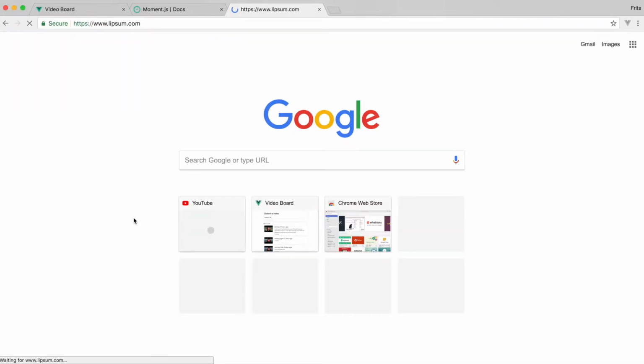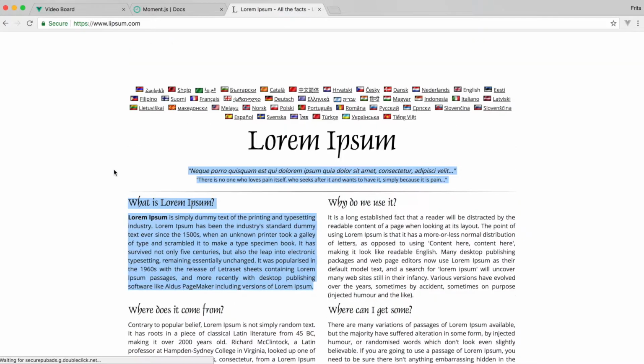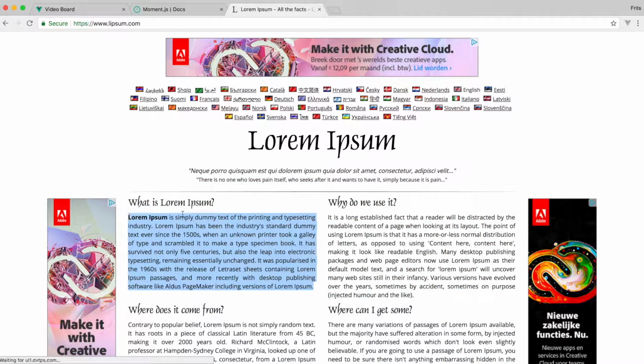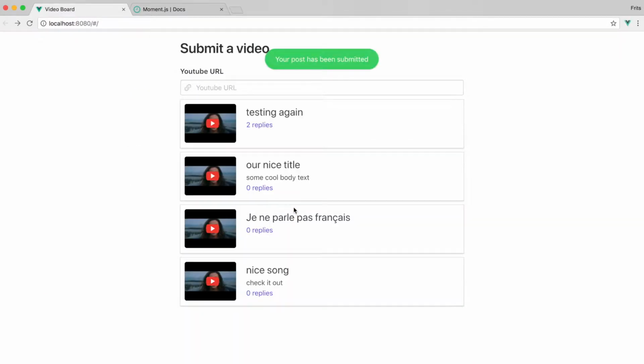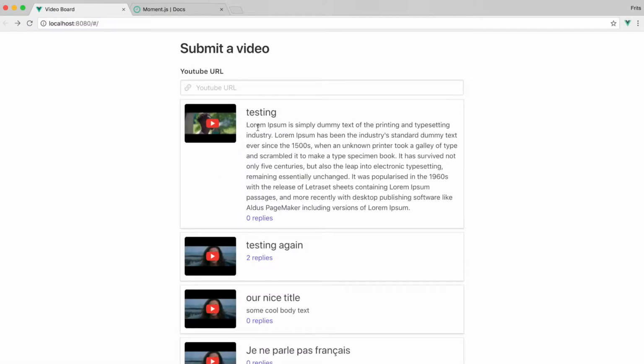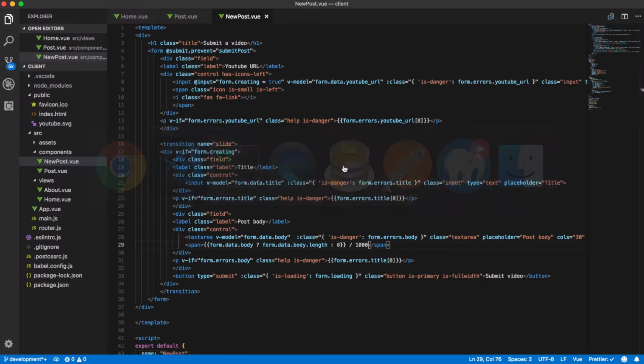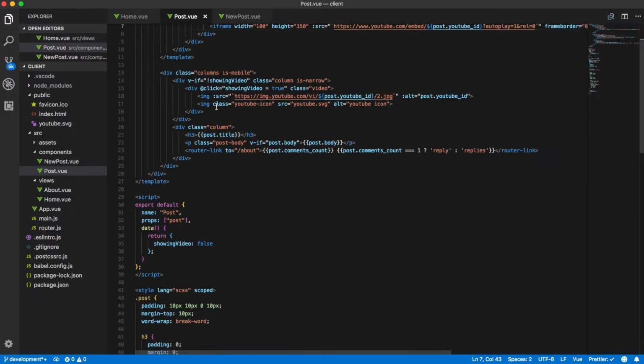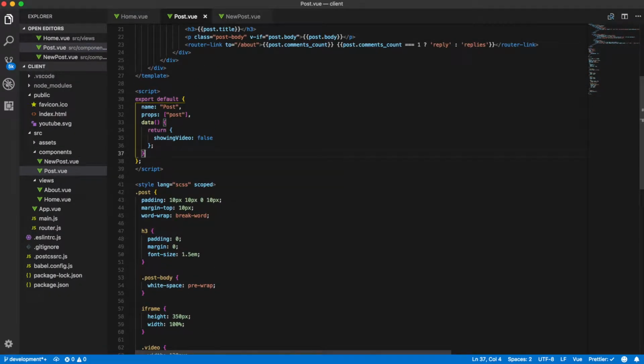I don't want to play this, so testing. I lost my lorem ipsum again. So grab this, put this in here, submit it off, and then we'll see that this is kind of big. So what we'll do is we'll just create a computed property,